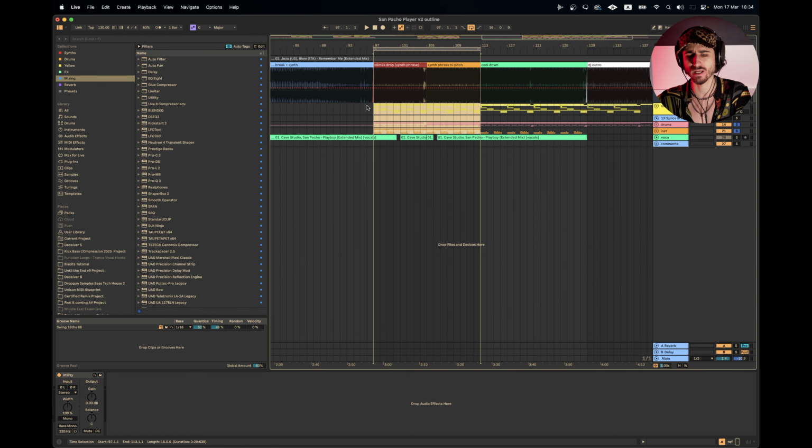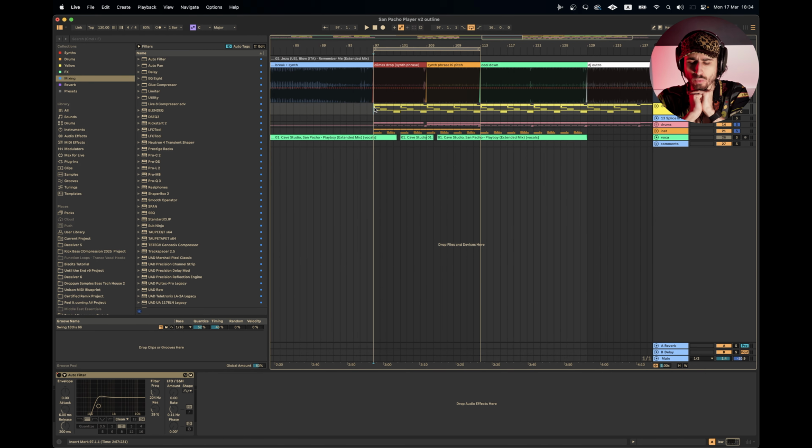And this is such a common thing on client calls. When I work with my clients, they send me the project, I open the project, and they tell me, Vlad, I'm struggling with arrangement. I don't know what to do next. I don't know what sounds to add, when to add them. And I'm looking at the reference. I'm like, excuse me, I'm looking at the project. Where's the reference? So no wonder you're struggling, because you're